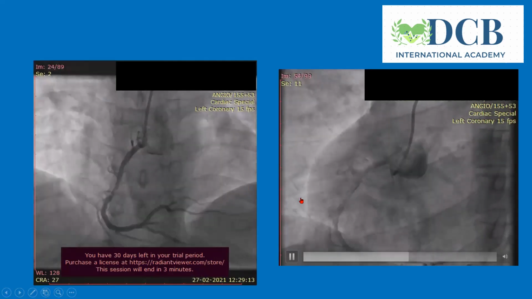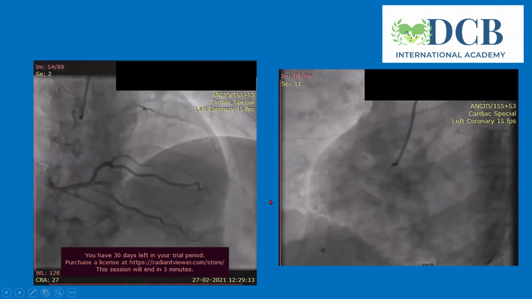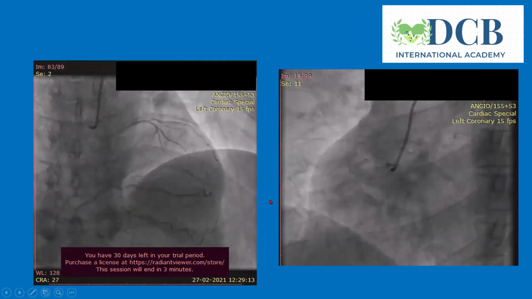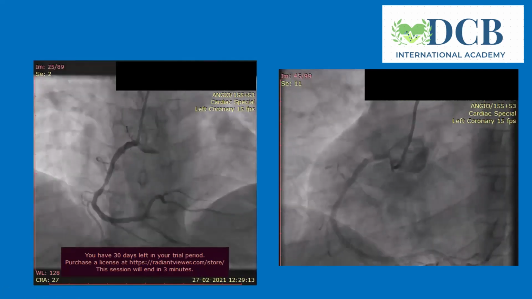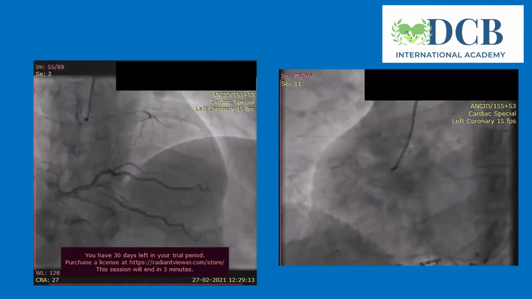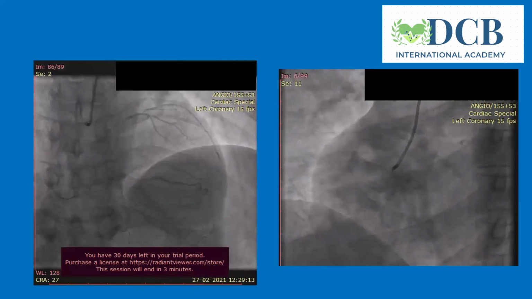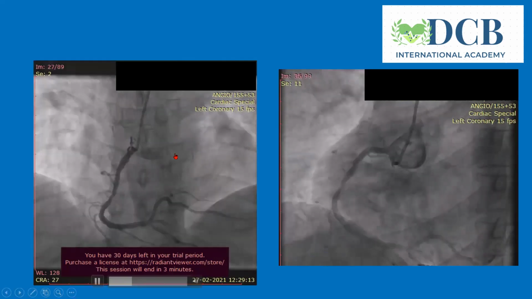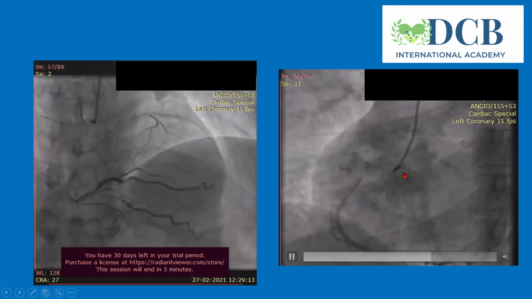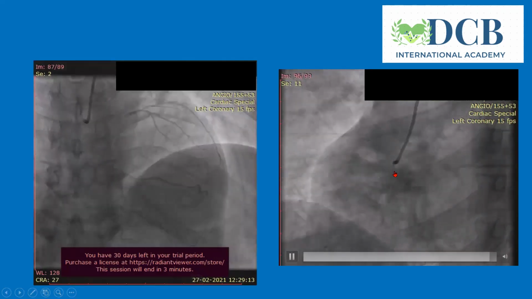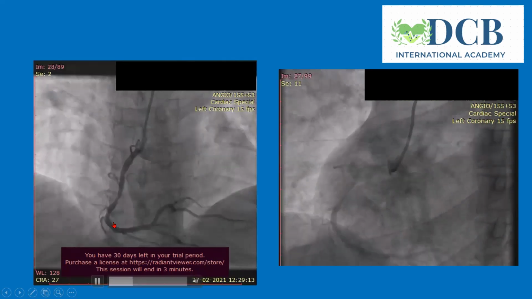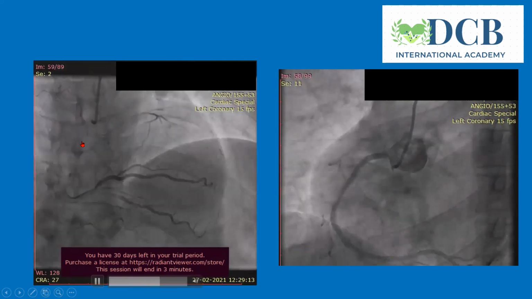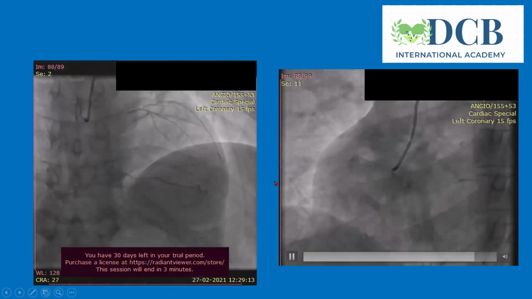Okay, you have a fellow. So the fellow does this angiography. You say the quality is not enough, so I need to understand it better. So what would you suggest to him? So here basically it's occluded, so there is no antegrade filling, it's only the retrograde filling, and we are seeing this. So after wiring and